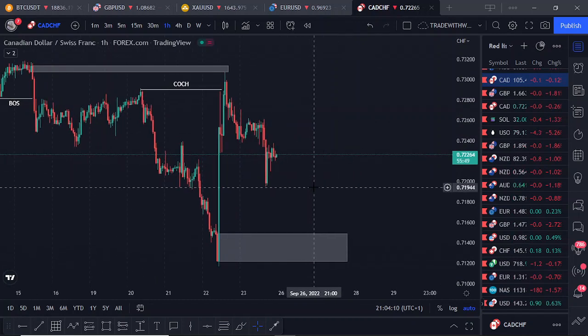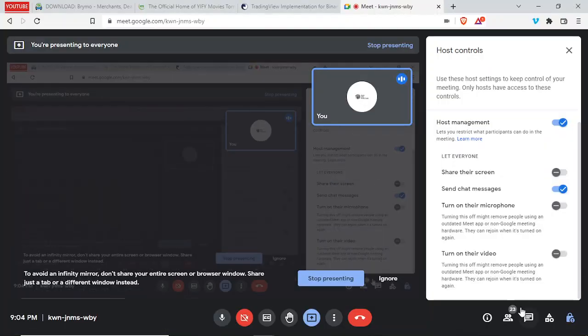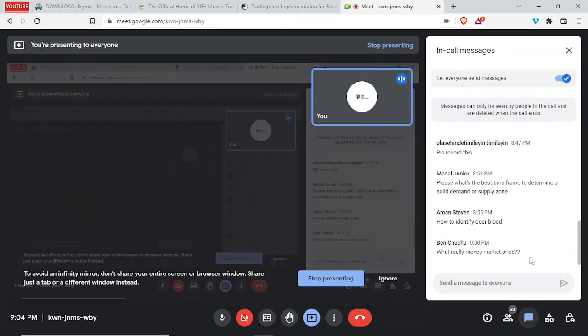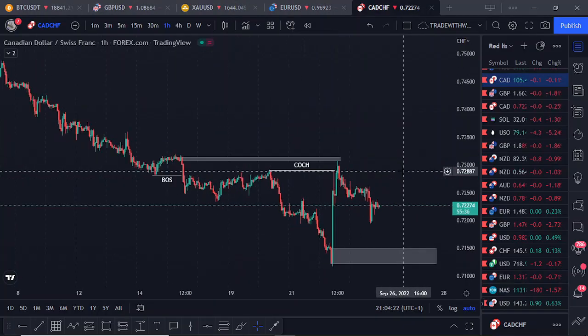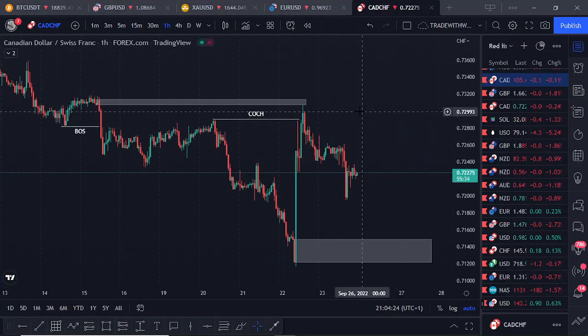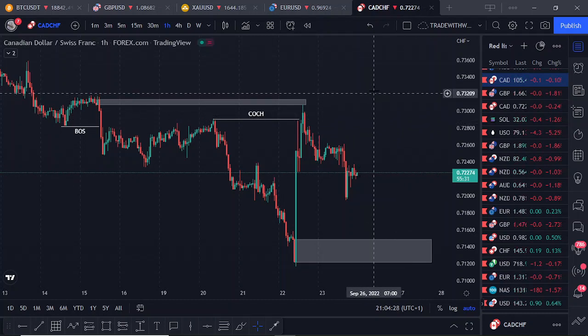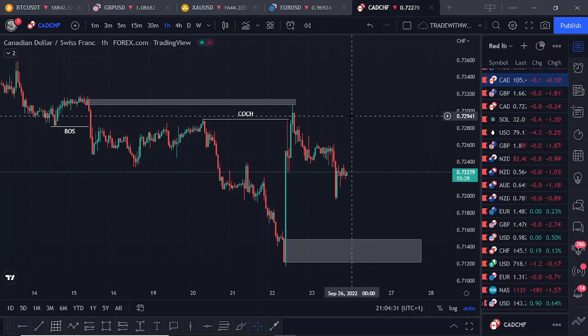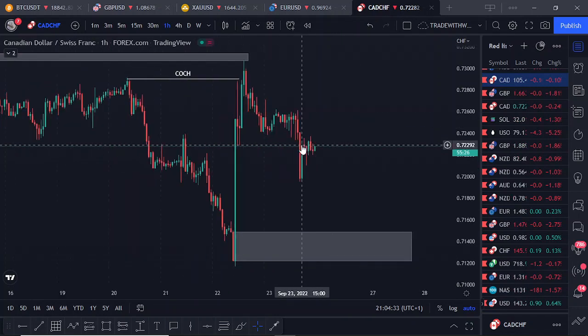Then I can see a question here. Someone says, what really moves market price? Yes, market makers are the ones that move the markets. You understand? Though some people say liquidity moves price, supply and demand move price, this and that move price, fundamentals move price, nonetheless those are actually correct, because when you look at it now, when you are